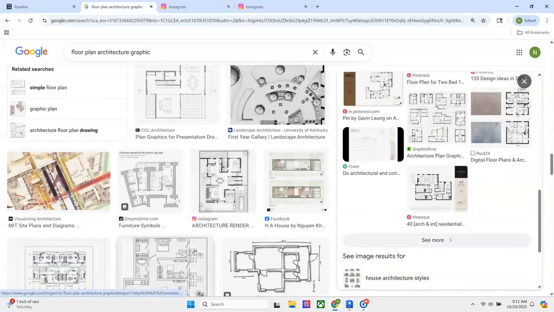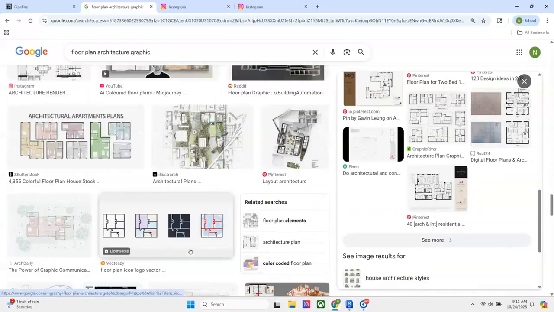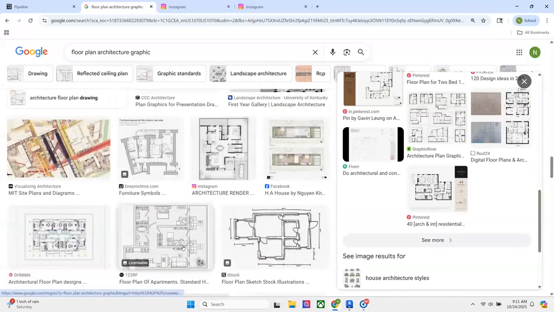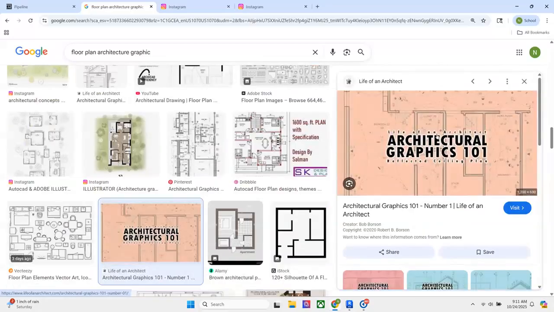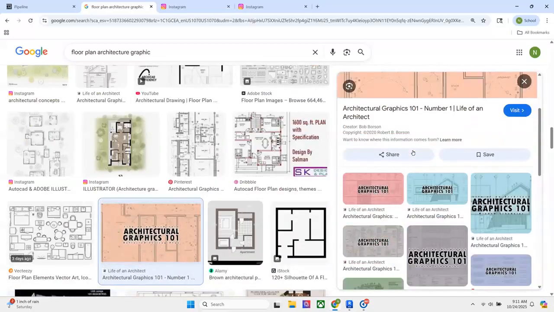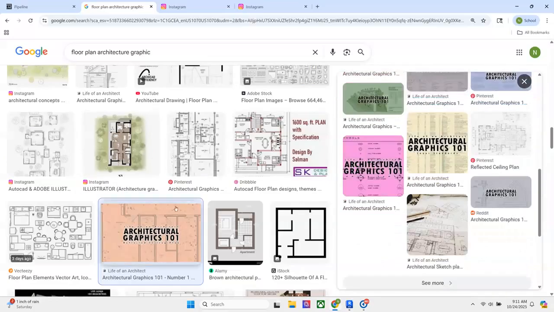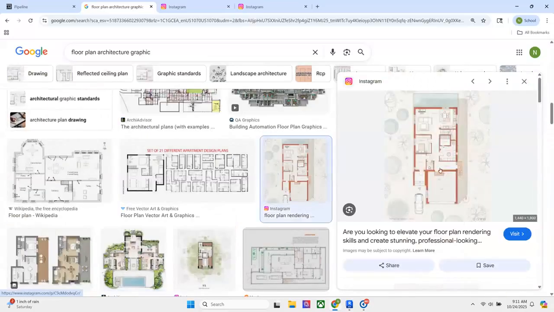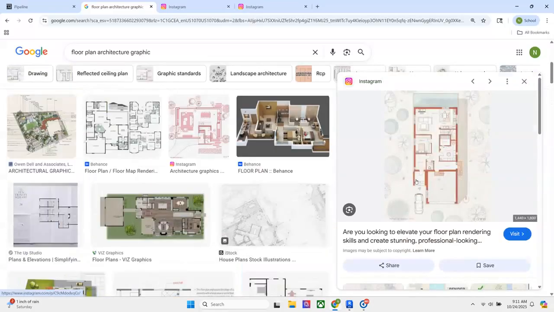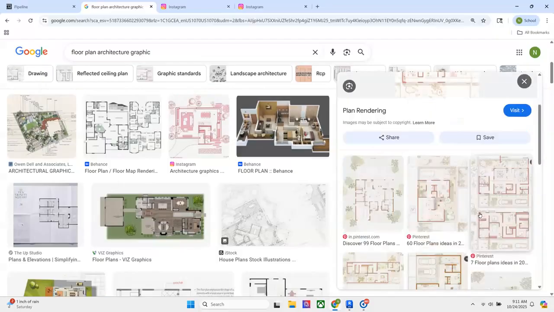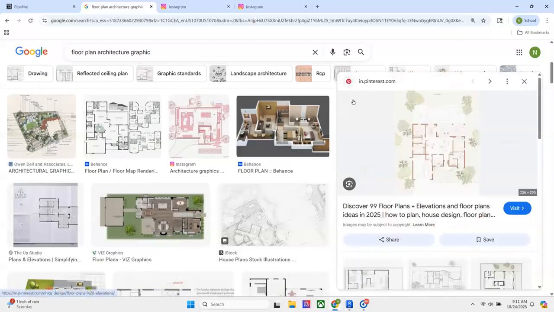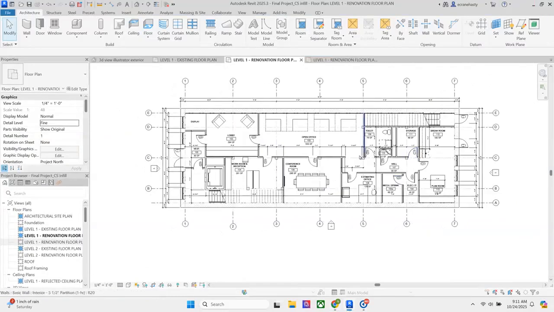So I think what I want to talk about in this video is how to achieve this kind of graphic, or some of these types of graphics, starting in Revit. And then I think that you know how to take it into Photoshop from there. So if this is my floor plan,